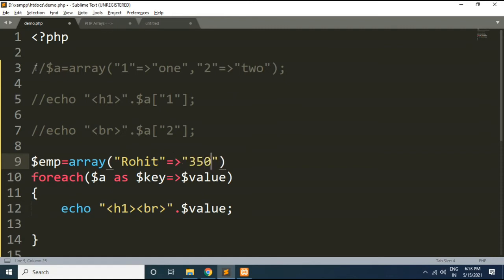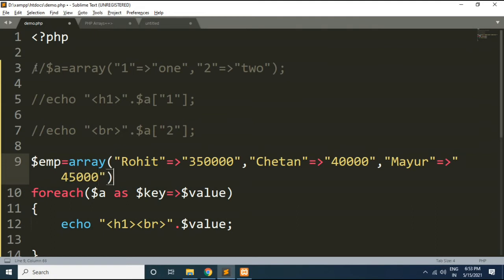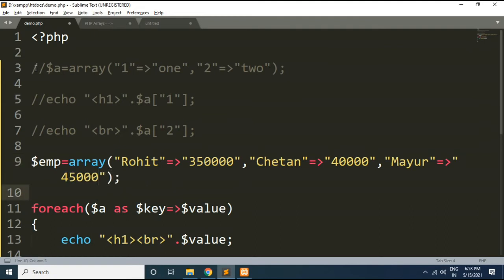So I will store the employee and his salary.